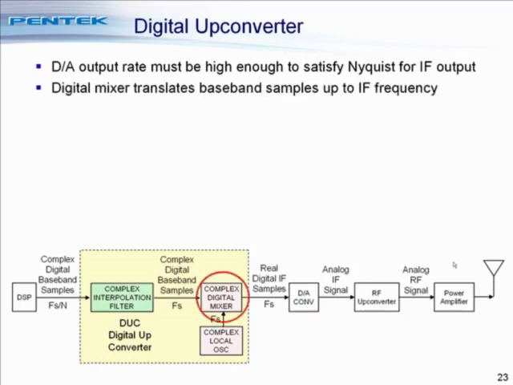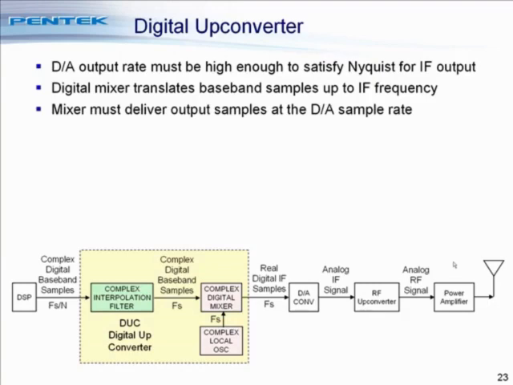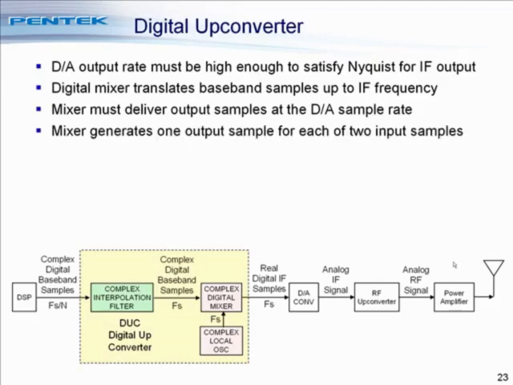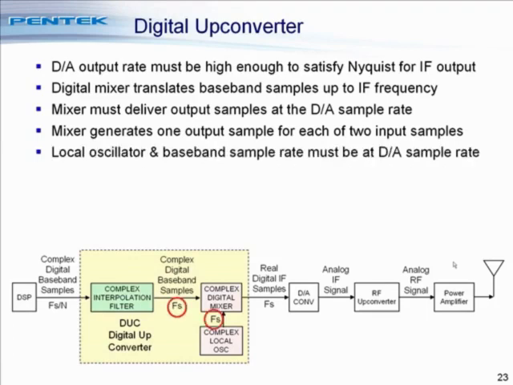The digital mixer translates baseband samples up to the IF frequency, but the mixer must deliver output samples at the D-to-A sample rate, Fs. And the mixer is nothing more than a multiplier that generates one output sample for each of its two input samples. So the rate going into the mixer and the rate coming out of the mixer are equal to Fs. They must be the same. So the local oscillator and the baseband sample rate must be at the D-to-A sample rate Fs. The problem here